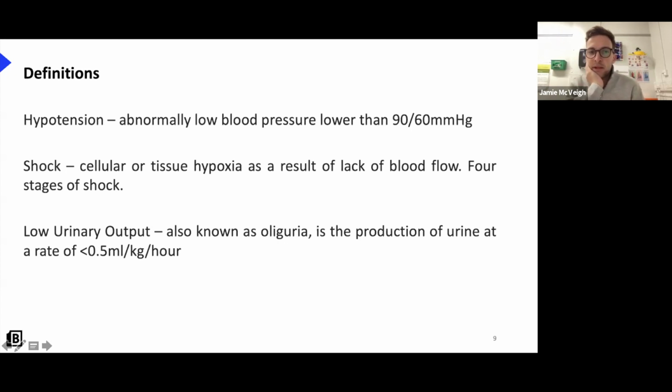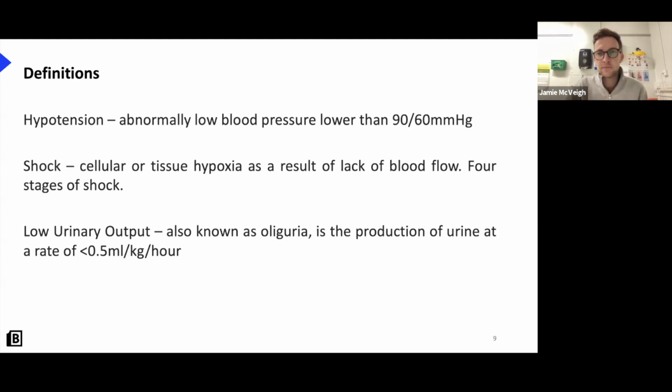But it tends to be when you can see the tissues aren't being perfused to an extent where there is cellular damage occurring, okay? And this typically presents with tachycardia and low blood pressure. And then low urinary output is obviously different to hypotension. It goes hand in hand,